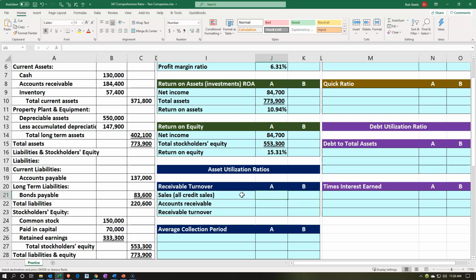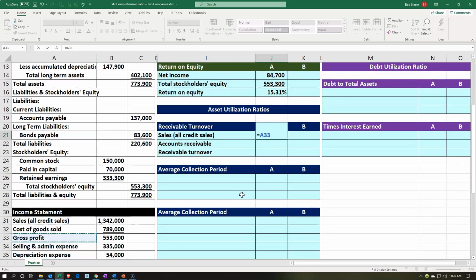Net sales simply means it's taking its sales after any kind of contra sales accounts, such as discounts or something like that. They act like expenses, but they're really contra sales accounts. So we're basically taking the sales number, which is the top line of the income statement. So that's going to be our